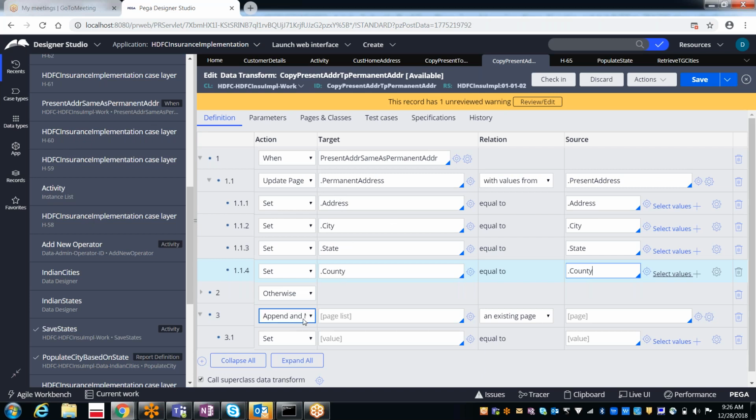In the same way here, append and map to means whatever properties you select under this page property. Here the permanent address is a page property, and under this, address, city, state, country are the single value properties. So only the specific properties you can map here. Everybody clear?